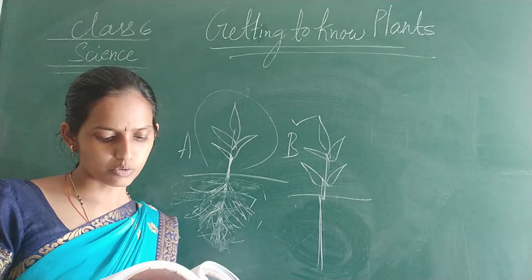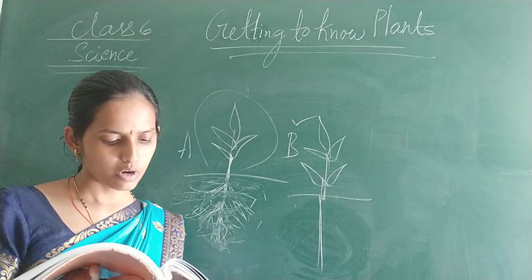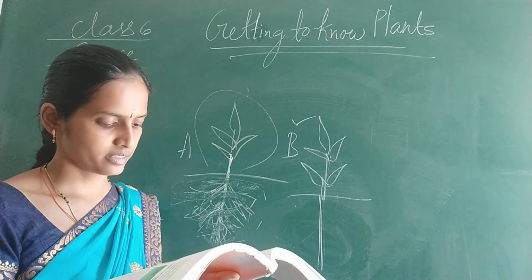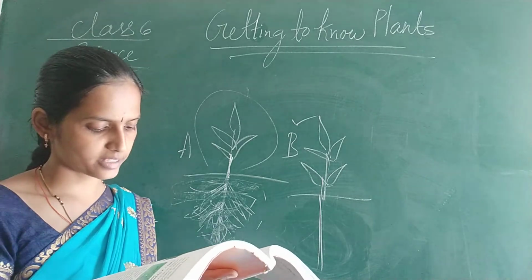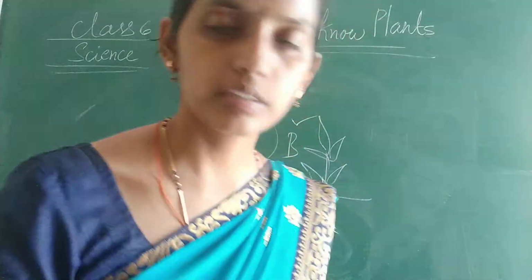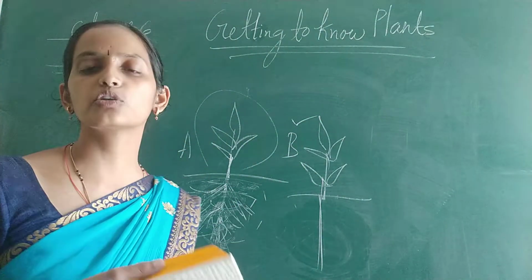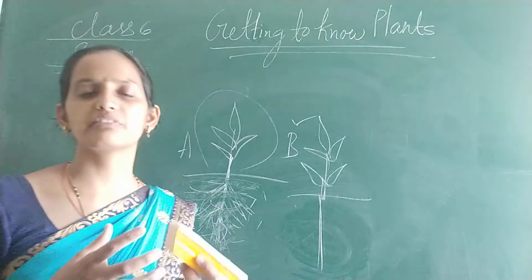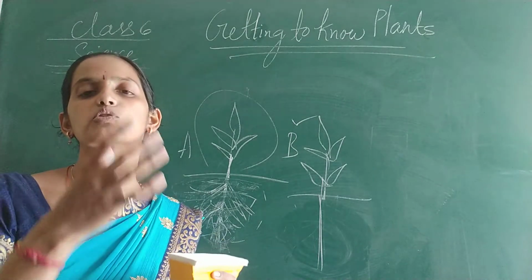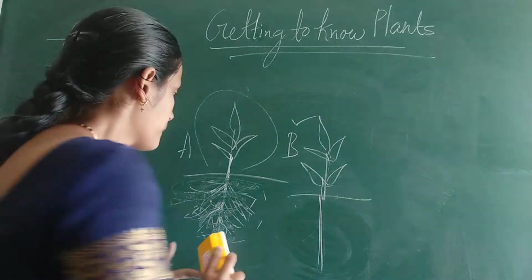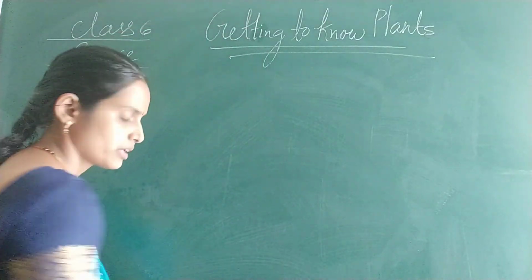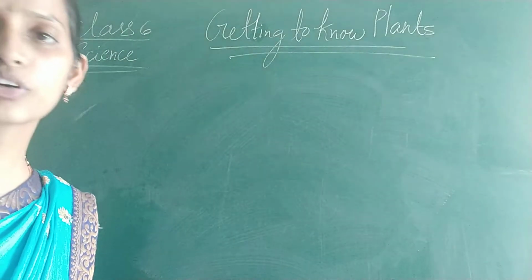So go to the open ground. Where are the wild plants growing? Dig them out, wash the soil off the roots and observe them. Do you find that all of them have the kinds of roots shown in the figures? So now firstly we have studied what the use of a root is, right? Roots are very beneficial as they hold the plants strongly in the soil or make them stand upright properly, right? But we also have different types of root systems, right? Or we can say we have types of root systems.